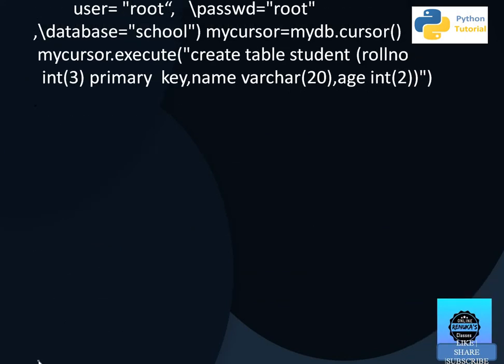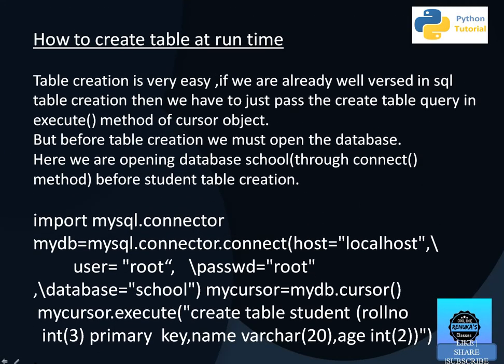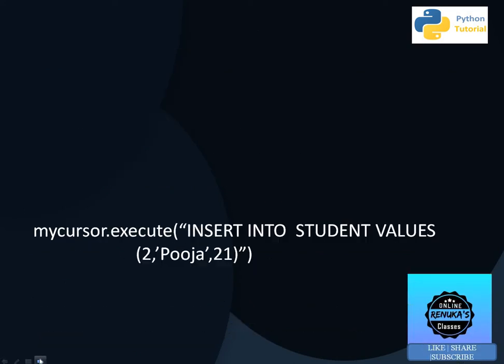Next is how we can generate a table. All the steps are the same: importing, maintaining a connection, creating a cursor object, but in the cursor object we can write the create table command. No result set is returned here because it will only create the table and it will not give you any result. So in that case no result set is required. You can go to the database and see that the table is already created.